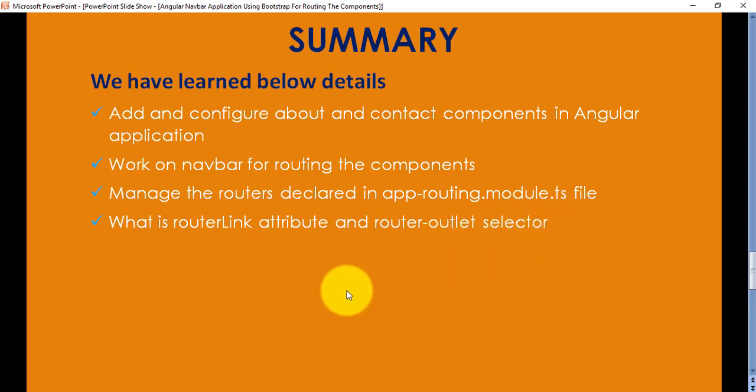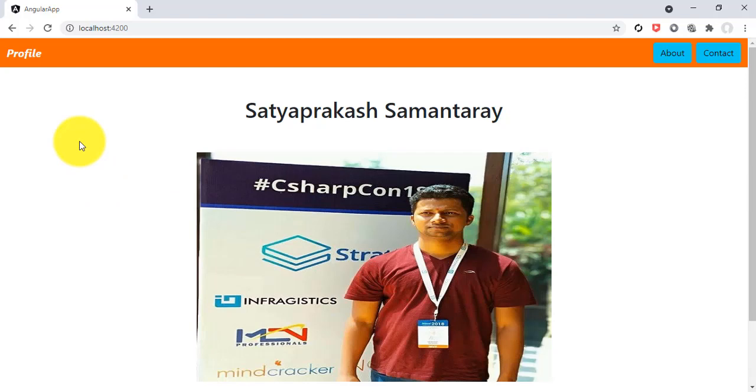Before closing this session, I will give one very interesting piece of information about this application. Sometimes your company needs each and every employee to have an application that uses Bootstrap and Angular. So this is the best example to implement in your real-time work.